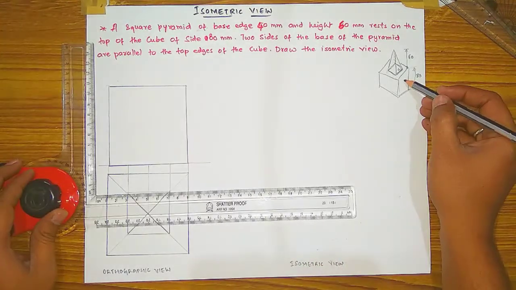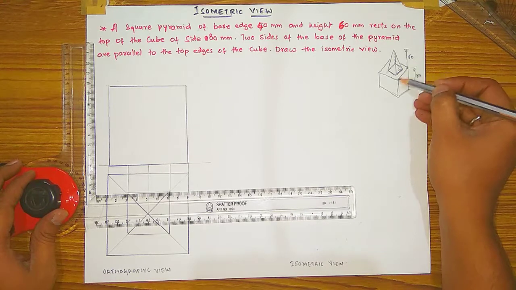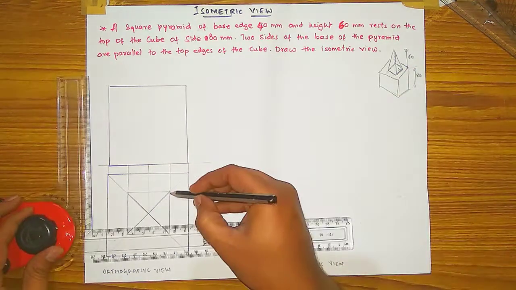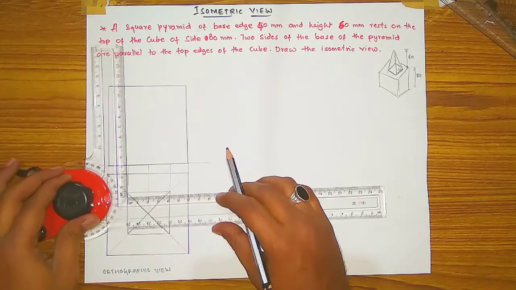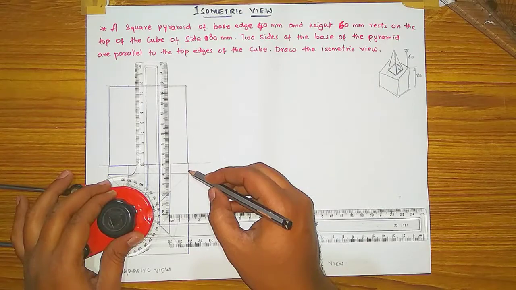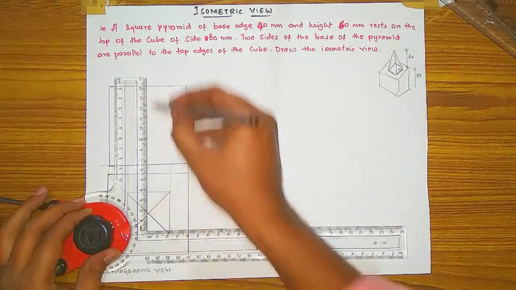Then after, on this cube your pyramid is resting with 40 mm side. So exactly it is at the center of this cube. So we have to take the distance from here and here. So you have already taken the distance. So from there, for this square, you have to take a line like this by adjusting your mini drafter. And the center point also you can mark.